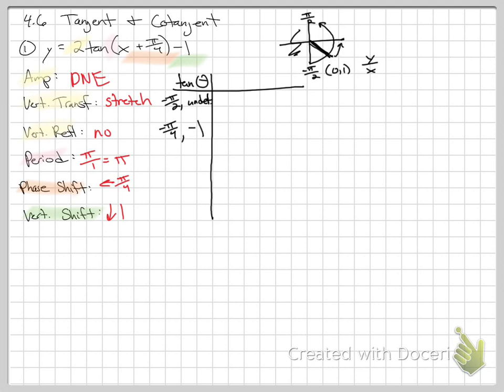As I keep going, I'm going to be at 0 radians. That is the point 1, 0. 0 divided by 1, y over x is 0. Keep going, positive pi over 4. I'm here now. That's going to be positive 1. And back up at pi over 2 is also going to be undefined with a d. Good enough. So these will always be the points you start with, and then we're going to transform these ones